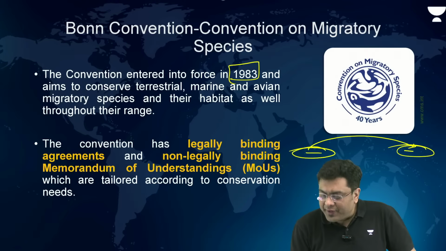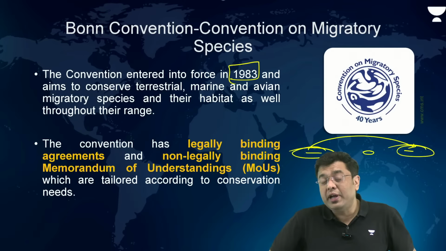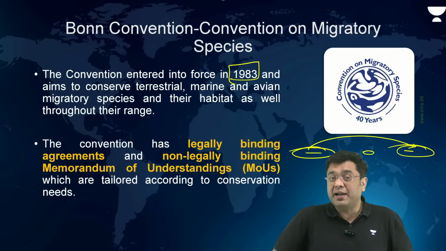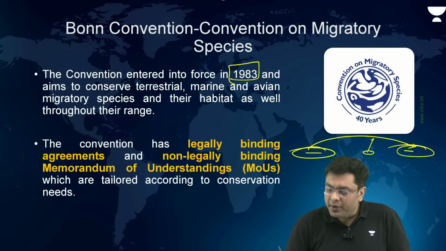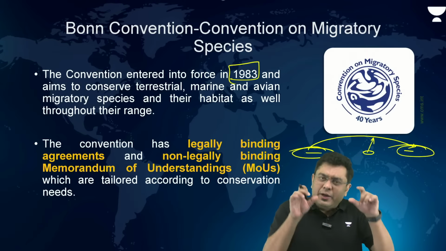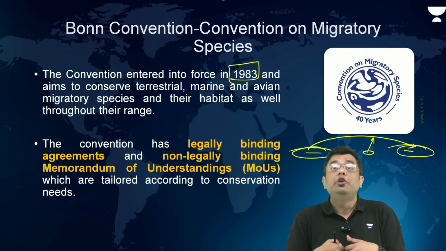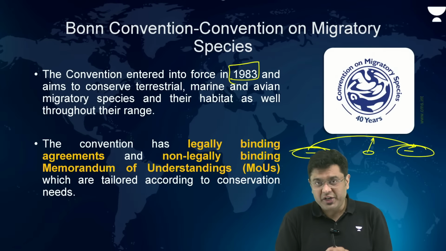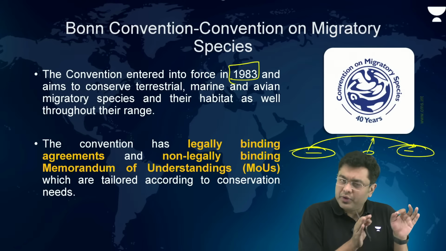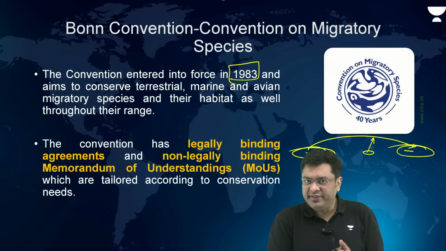Or what if somewhere in between, hunting is allowed in regions like Afghanistan and Pakistan, and somebody hunts the bird down? Then how will you ensure conservation? That is where it was identified and understood that when it comes to migratory species, you need a larger conservation effort and a convention for that conservation. That was the key identification behind the CMS.